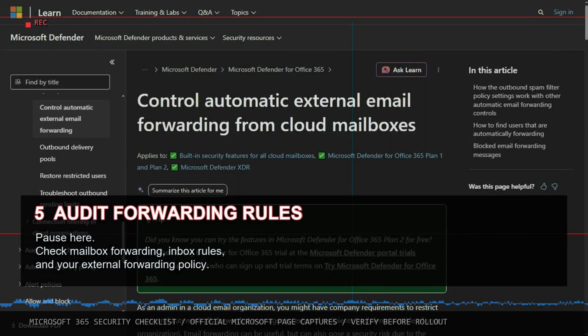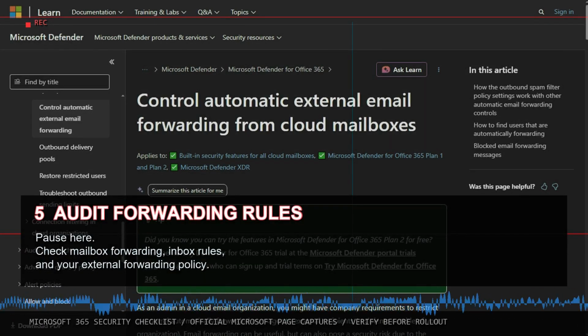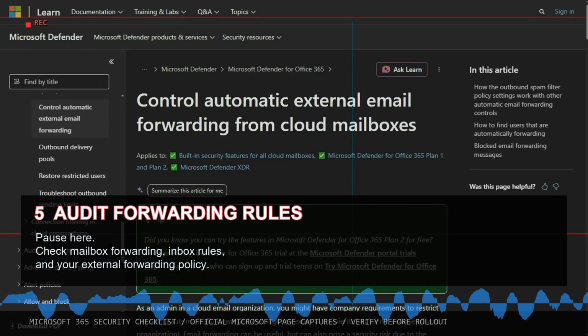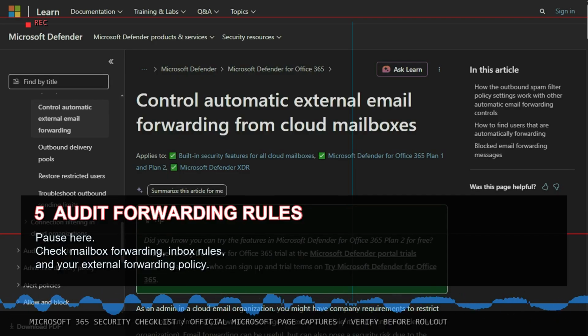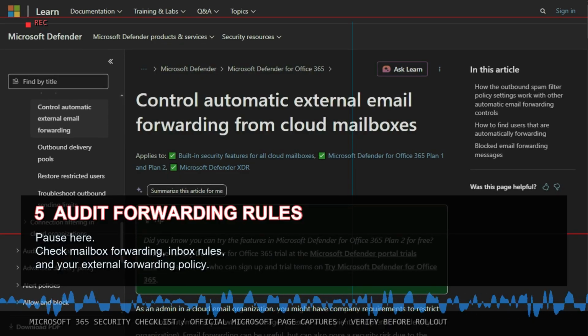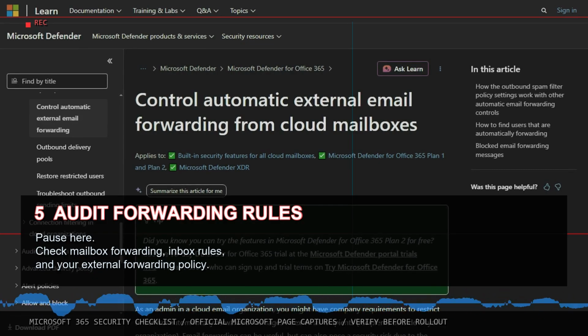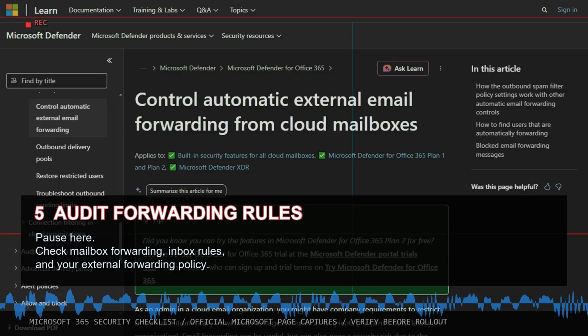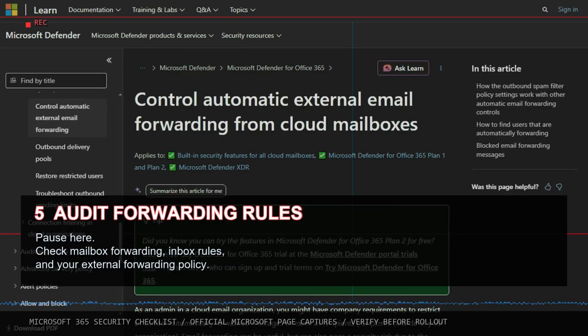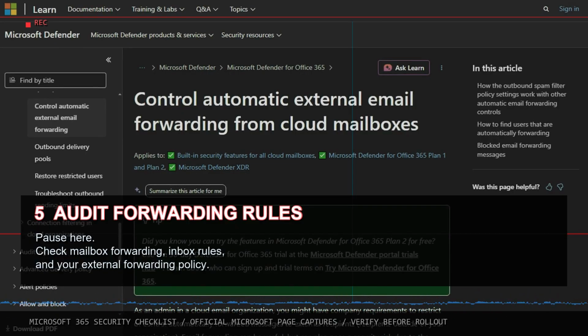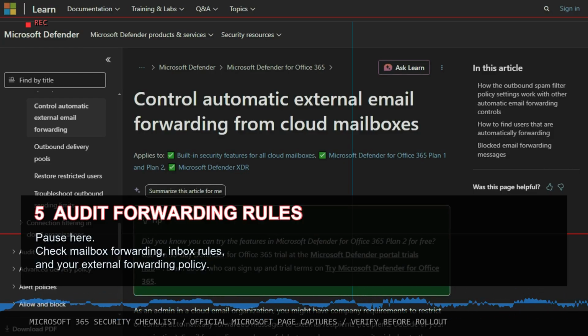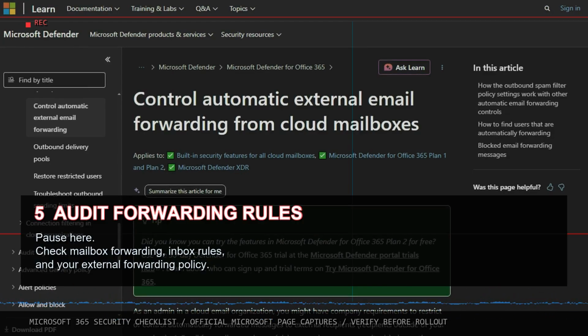Mailbox forwarding rules are classic post-breach persistence. An attacker gets into a mailbox, creates a quiet rule that forwards messages to an external address, and leaves. Maybe it only forwards messages with words like invoice, payroll, payment, wire, bank, or statement. Maybe it marks messages as read. Maybe it deletes replies. Then the user changes their password and everyone thinks the breach is over, but the forwarding